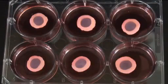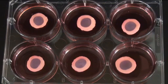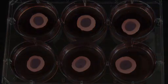In this video article, we provide a detailed demonstration of a new ex vivo model of acute corneal epithelial HSV-1 infection, which combines the strengths of both the in vitro and the in vivo models. The ex vivo model utilizes intact corneas organotypically maintained in culture and infected with HSV. The use of the ex vivo model allows for highly physiological